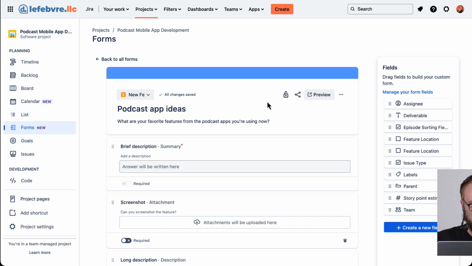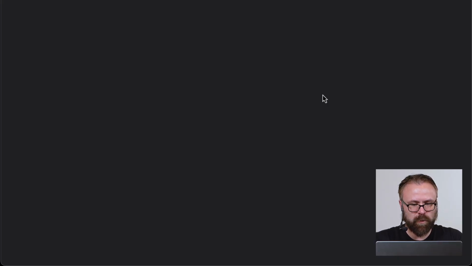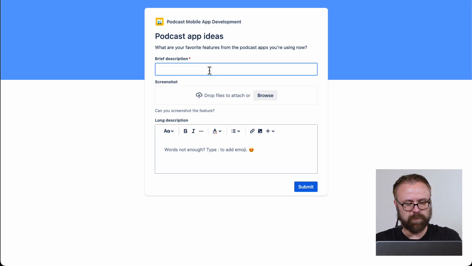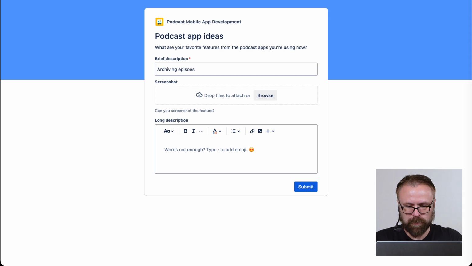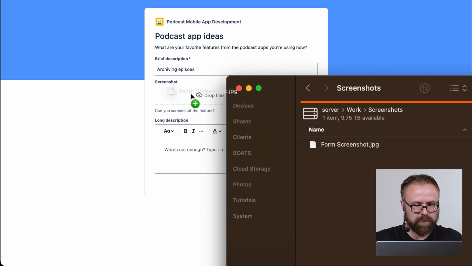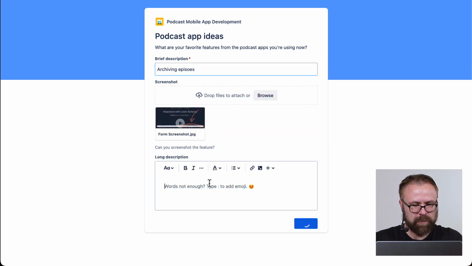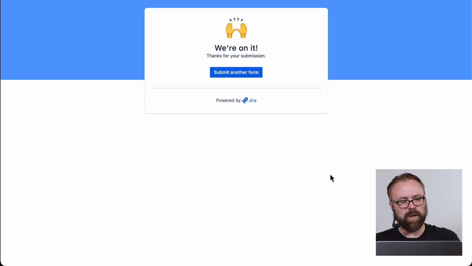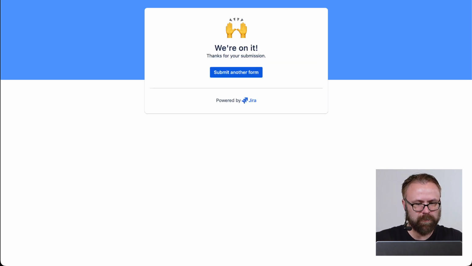And then the process of filling it out is pretty straightforward. So if we were to go through and actually fill this out, maybe say archiving episodes. You even have a screenshot here that we can attach. Drop that in. Add in a long description of what that feature is. Submit that. And then if we hop back into Jira,